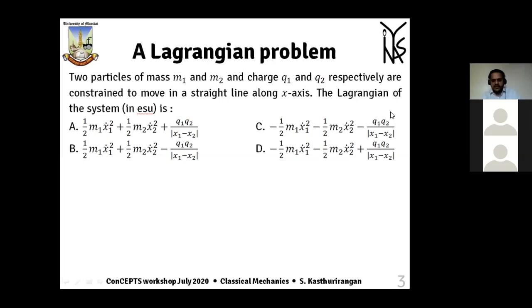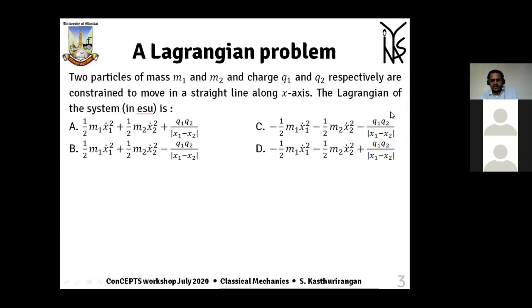First thing is, when you see the word electrostatic unit, you need not be afraid or anything. It just means that they have not written 1 upon 4 pi epsilon 0 in the Coulomb potential. That's the meaning. Similarly, for magnetic questions, mu 0 by 4 pi won't be there. It will be usually replaced by a C somewhere in the formula. How do you go about solving this question?